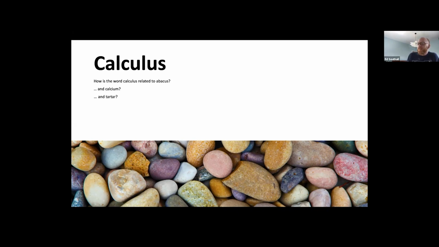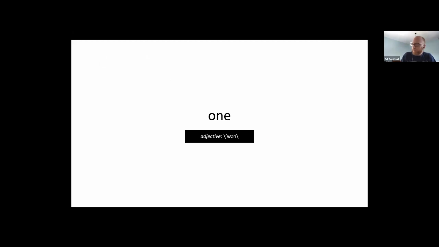So there is a bit of an ancient history of the use of things like stones and pebbles and sand and so on to do maths. It wasn't pens and paper and protractors and things back then. So there you go. That's calculus, and again, it's linked to these other fields, which you'll see with a couple more examples later on. So I'm going to focus now on some counting words.